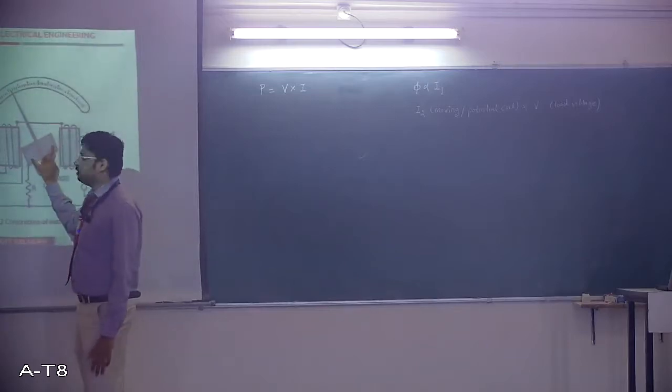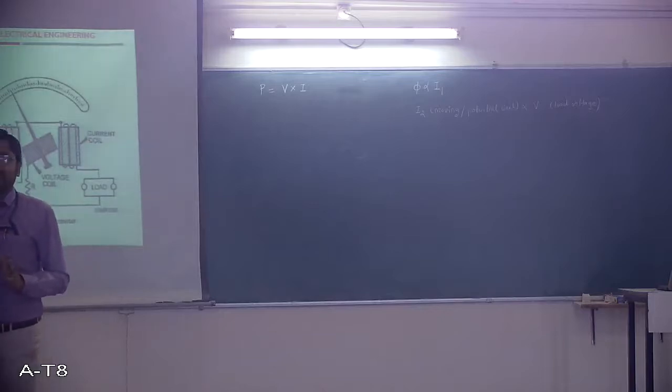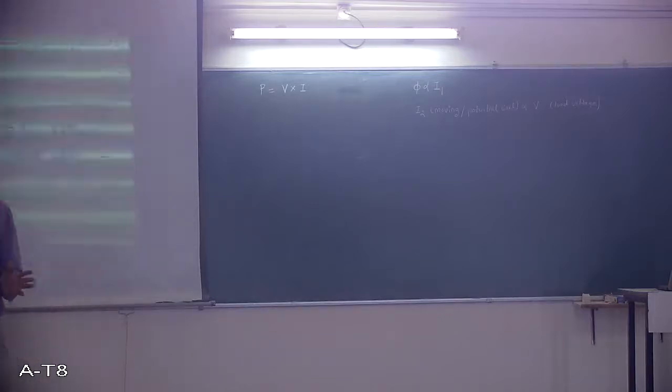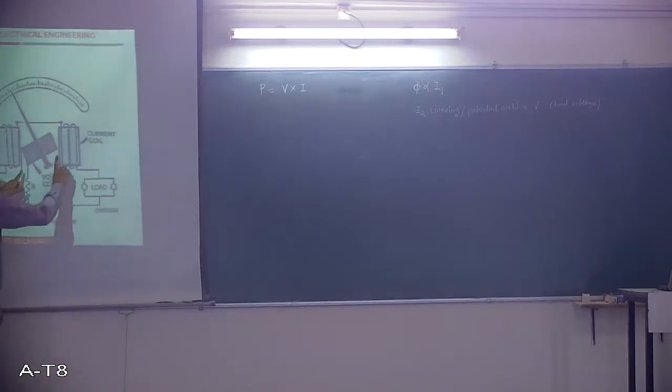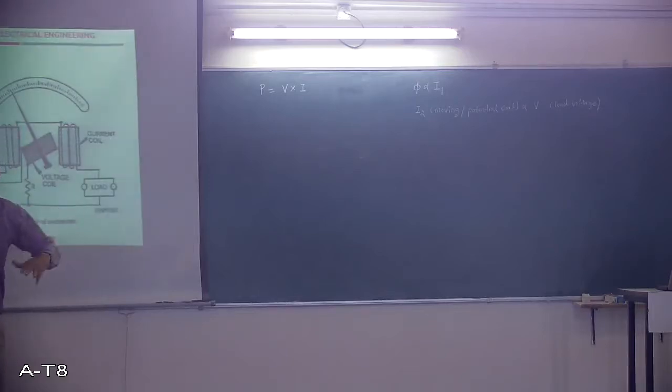In that magnetic field you have a moving coil which is experiencing a force because it is carrying current. Now these forces act upon the sides of the moving coil, and because of this the moving coil starts to move. Since the pointer is attached to the same spindle, the pointer also moves over the graduated scale. This is how deflection torque is produced in the wattmeter.